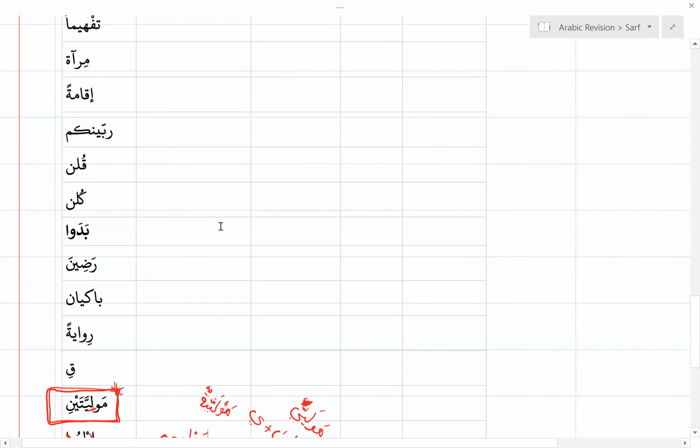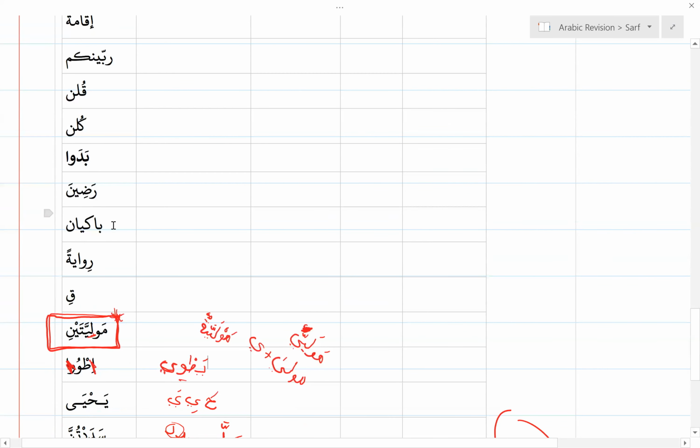Bakiyani. Okay, musanna, yes, we can do this. So what version do you think bakiyani is? Dual, exactly. So if we get rid of that, what would be the Huwa version, the muzakkar version of it? Baki. It's going to be baki, because remember, with certain words, the ya comes back.